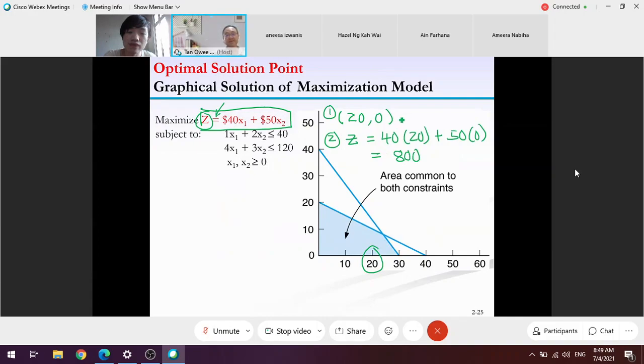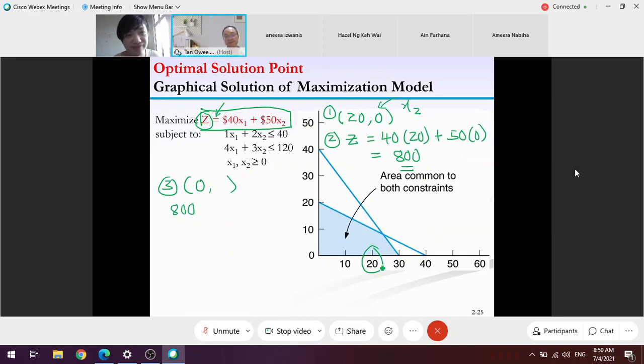I want to find the second point. So always do the practice. The first point, you consider x2 equal to 0. Then for the second point, make our life easy. Make x1 equal to 0 and then try to find what is the x2. And from step number 2, we know that z equal to 800. Right? So you can put z equal to 800.